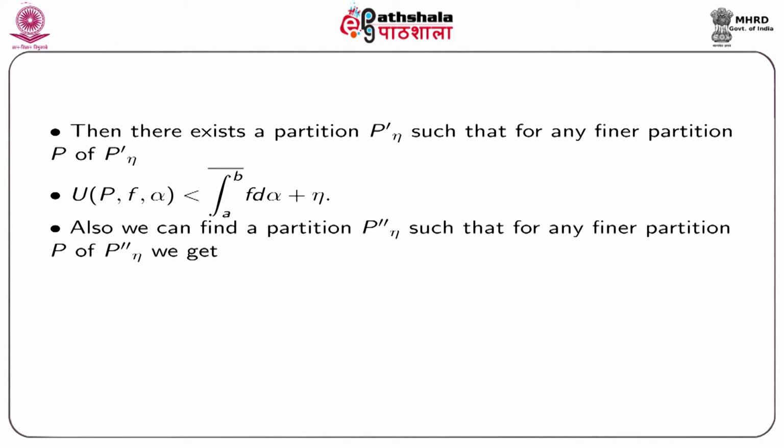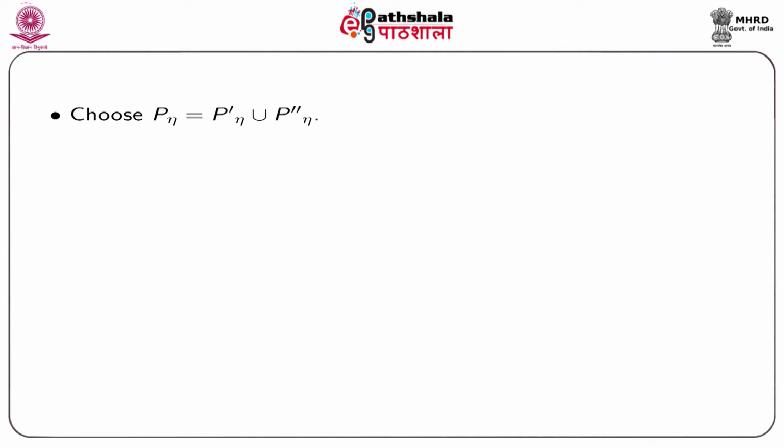Also, we can find a partition P double dash eta such that for any finer partition P of P double dash eta, we get L(P, f, alpha) greater than the lower integral from a to b of f d alpha minus eta. So, again choose P eta as P eta dash union P eta double dash. Then for any partition P finer than P eta, we have